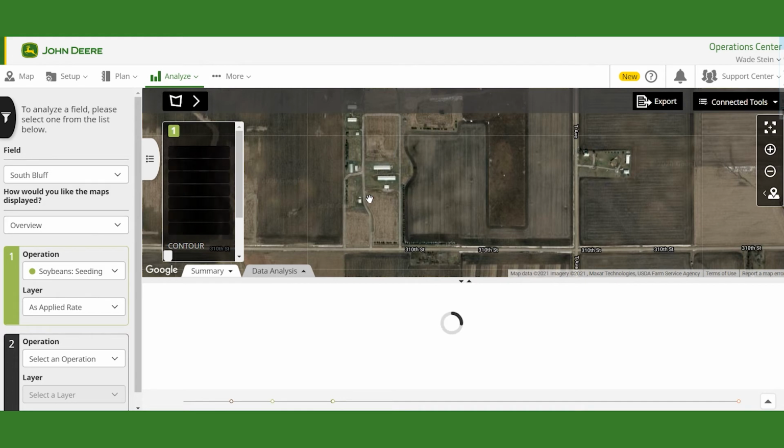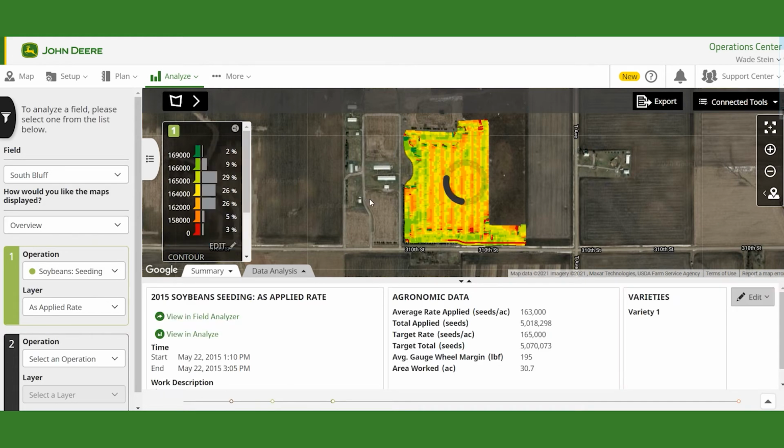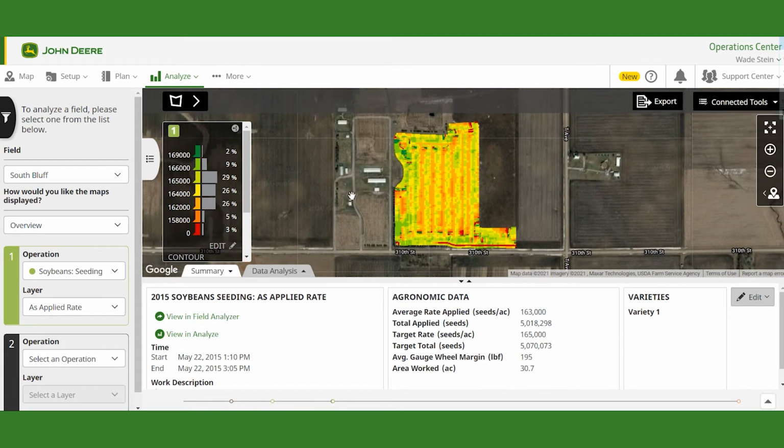Now, Field Analyzer Beta takes a little bit longer just because it has more data points and gets down to a much lower level than what the regular Field Analyzer would. So now we can see that it pulled up our map. We can see all of our different planting rates according to our